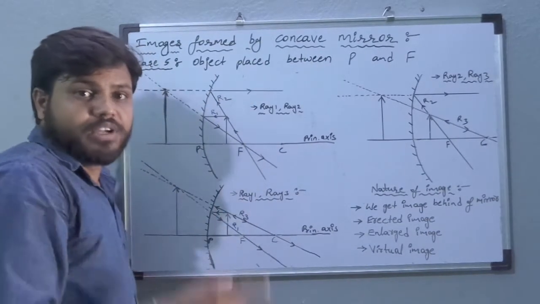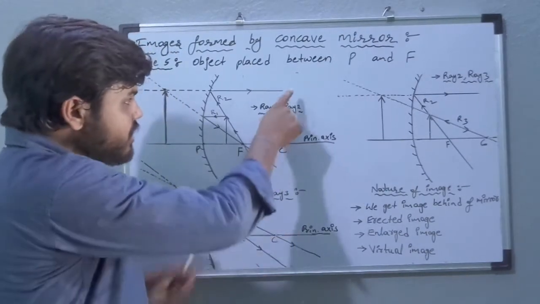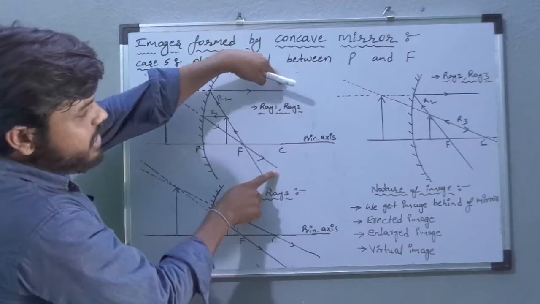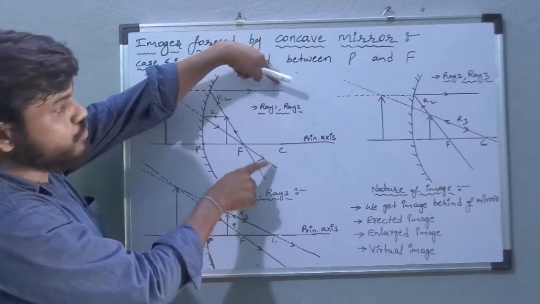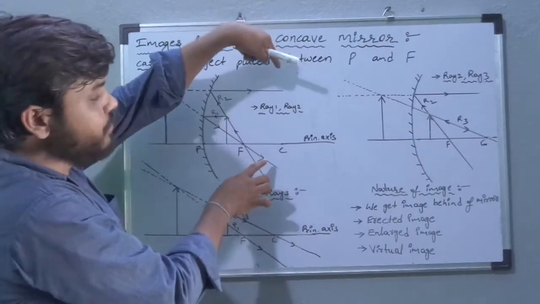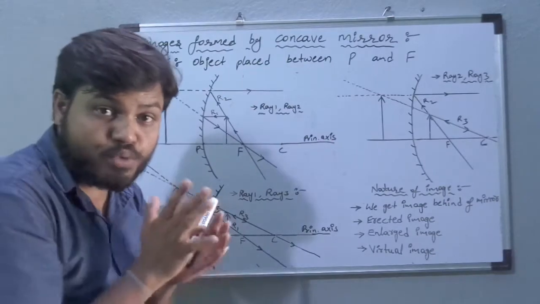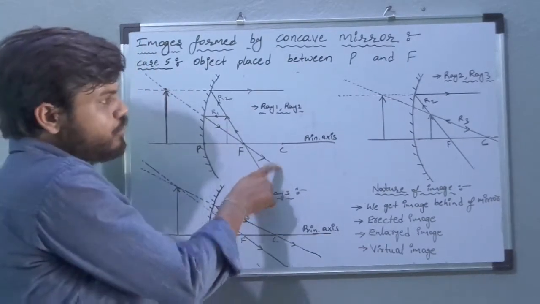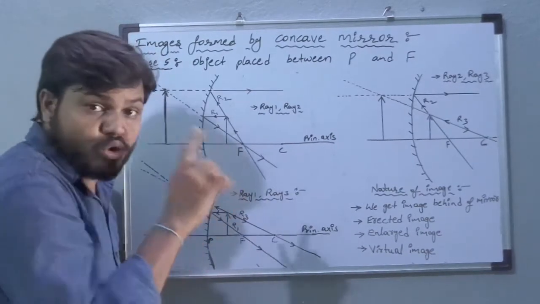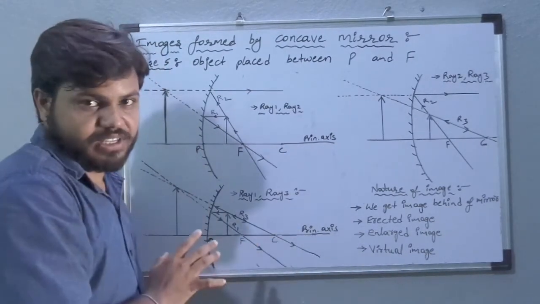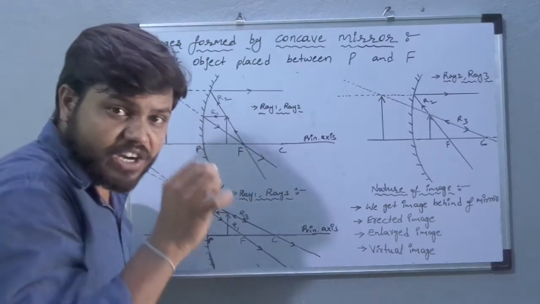We already know the reflected rays give the image of the object. If you observe these two reflected rays, we are not getting an intersection point. Even if you extend them up to infinity, we do not get an intersection point, right? These two are diverging, moving away from each other. Again, there is no chance to get a real image. We should check again whether there is any chance to get a virtual image or not.